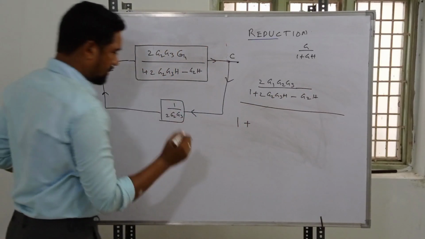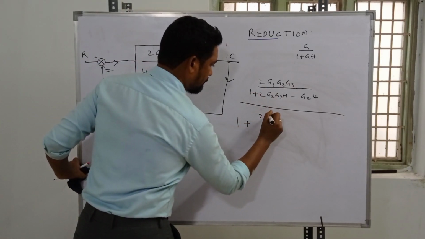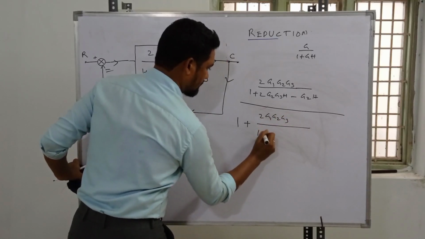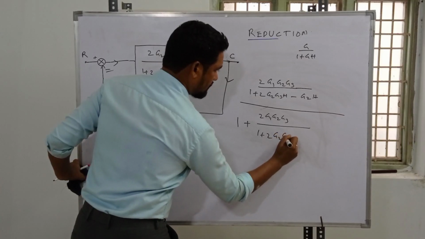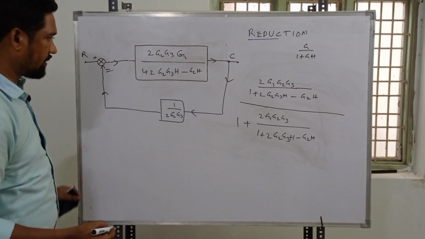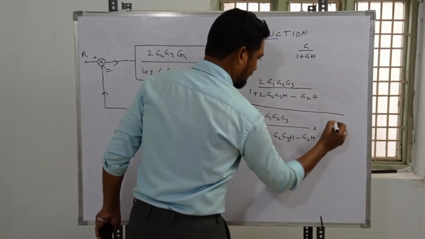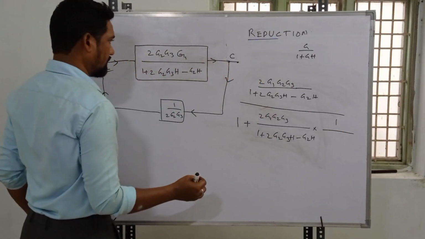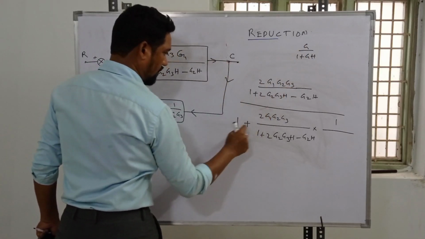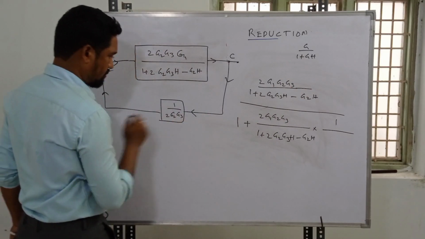Because it's a negative feedback, so obviously it's positive again, 2 G1 G2 G3 upon 1 plus 2 G2 G3 H minus G2 into H, multiplied with, guys, multiplied with 1 by G upon 1 plus G into H. This part is H, so 1 by